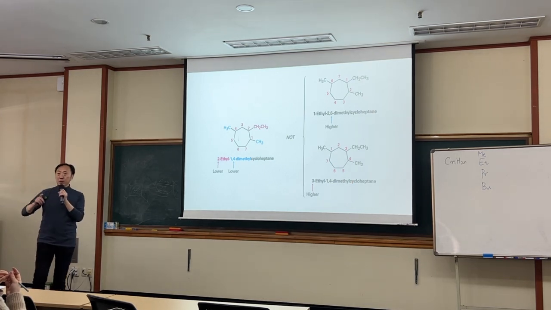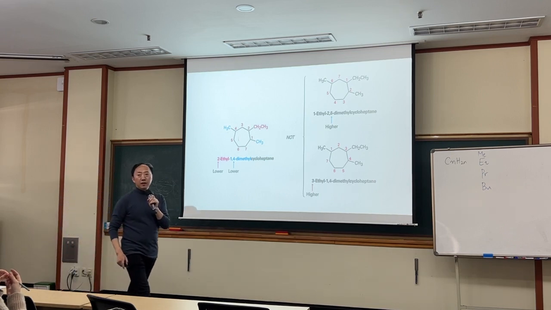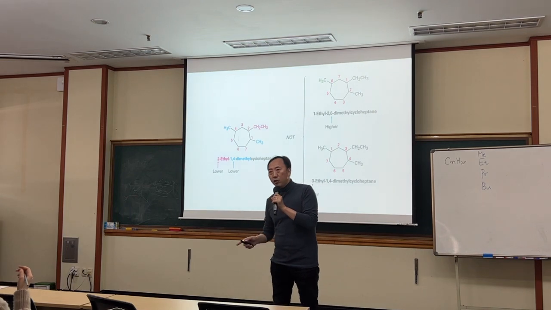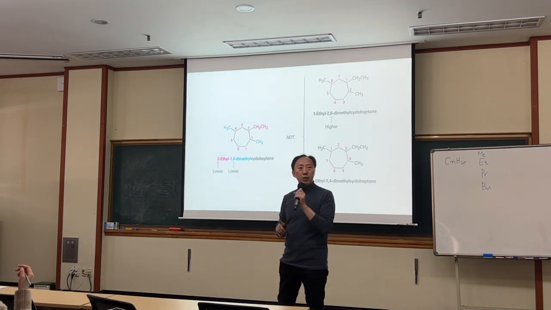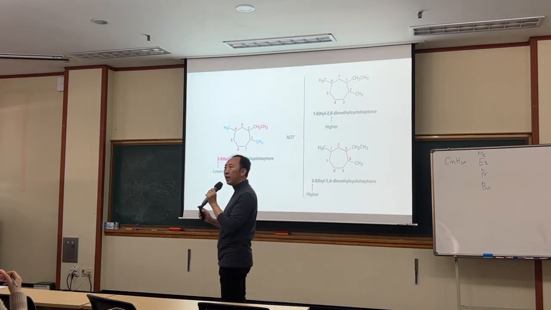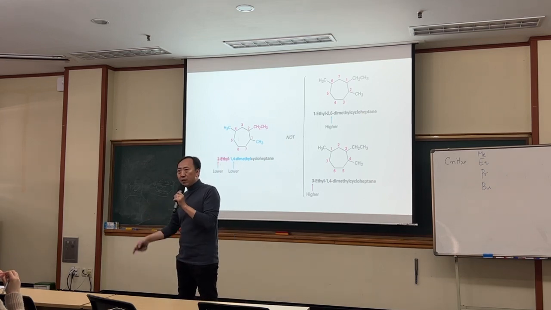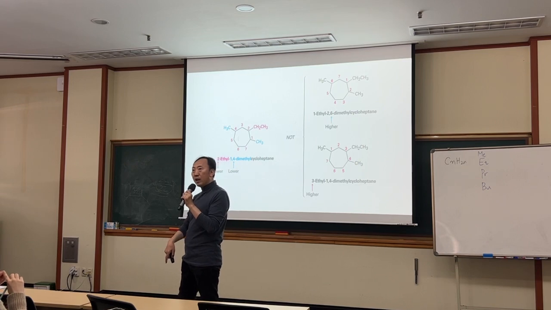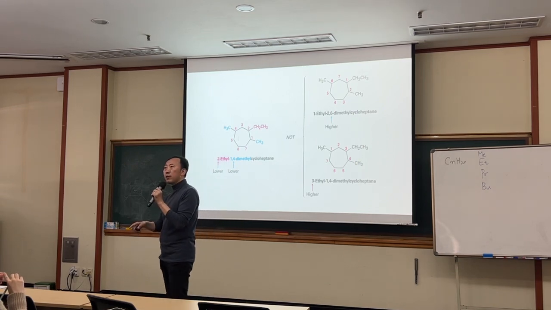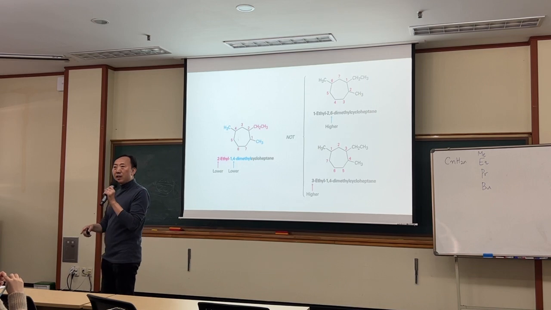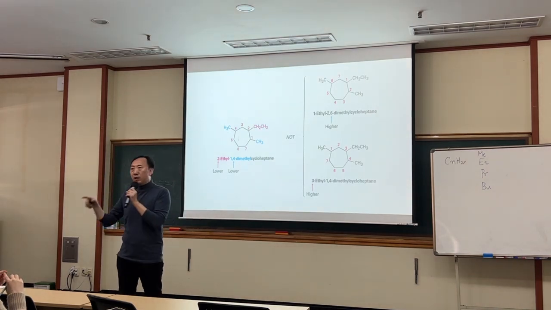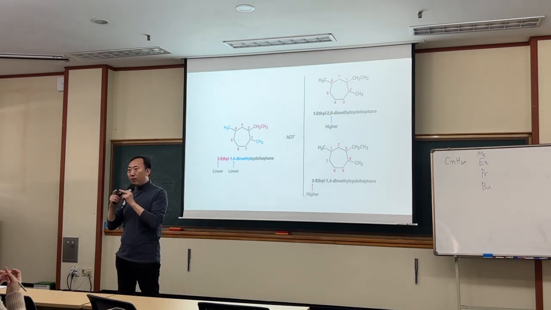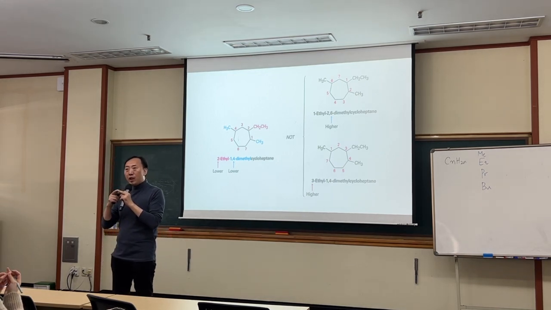So you decide the numbering first. Lowest number. So it's similar to the branches of an alkane. When we handled alkane naming, we started with the first branch, right? Because that gives you the lowest number. And then you decide the second branch if the first branch is the same. In that case, you could start either from here or here to end. But here the problem is this is a cyclic form. This is not a permutation. This is a